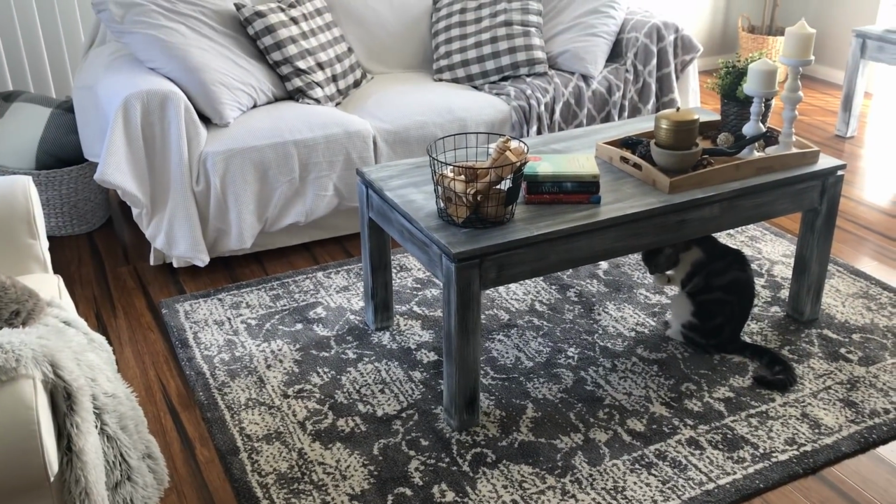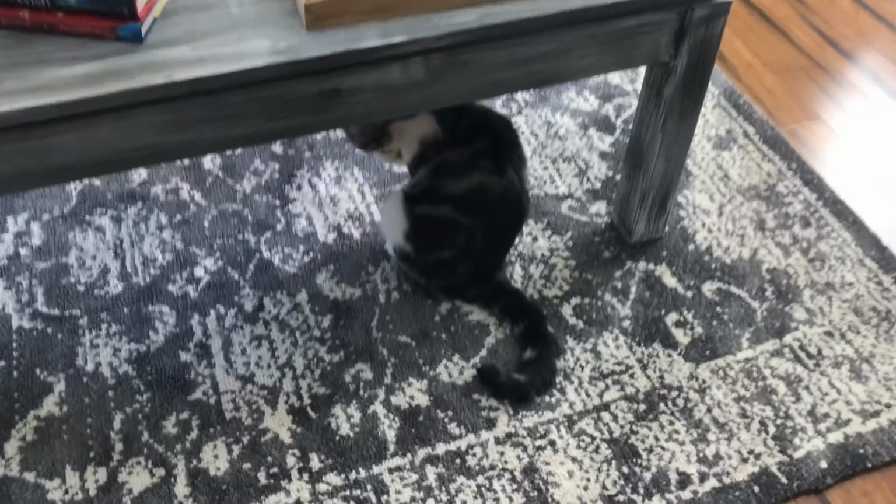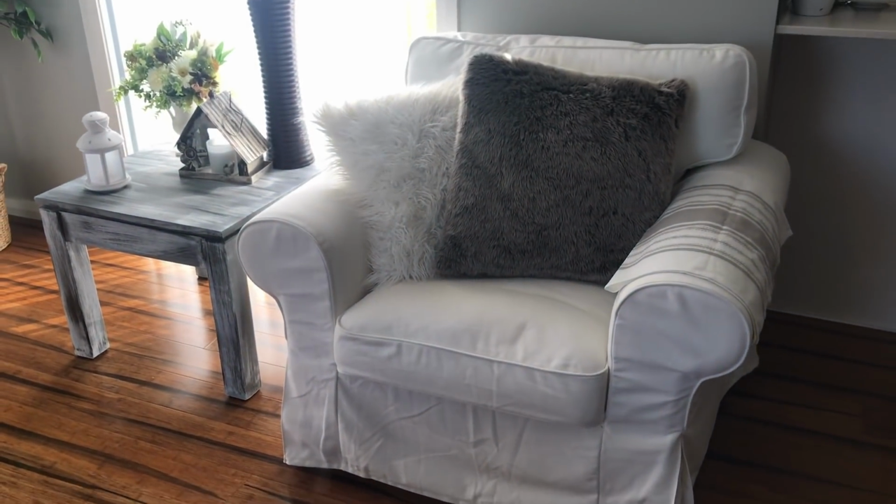I think it really goes with the area quite nicely. The cat goes with the area quite nicely too. Yeah, and the cat blends in quite nicely as well. So then in this little corner here,